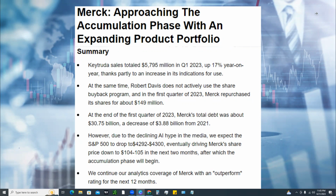use. At the same time, Merck does not actively use the share buyback program, and in the first quarter of 2023, Merck repurchased its shares for about $149 million. At the end of the first quarter of 2023, Merck's total debt was around $30.75 billion, a decrease of $3.8